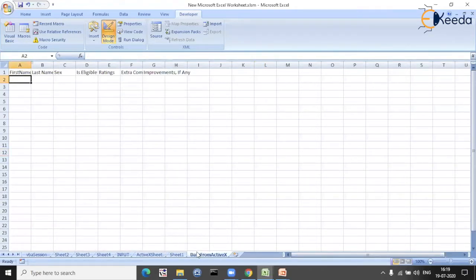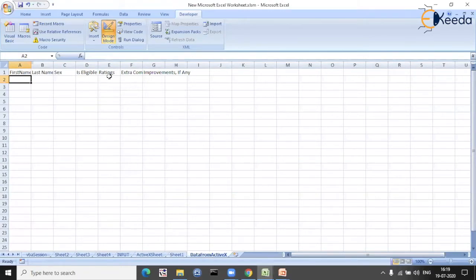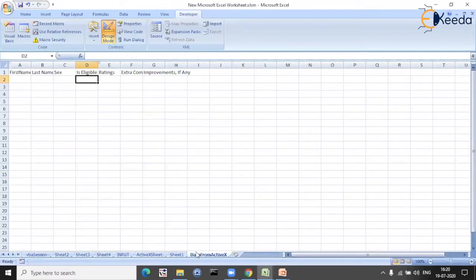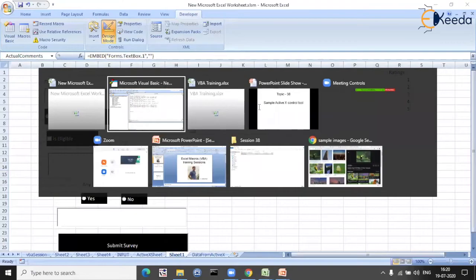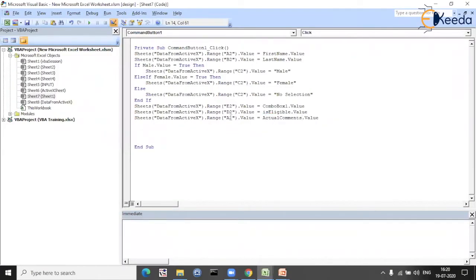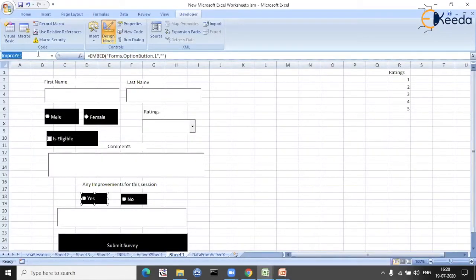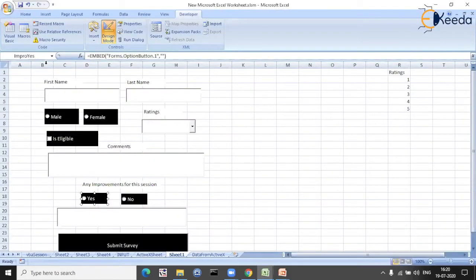Comment box 1 will be in D. Where was this rating? Ratings was in E. We'll have that is eligible checkbox in column D. Next, we have the actual comments in F. And next, if this is checked, we'll use this itself. If this improve yes is checked,